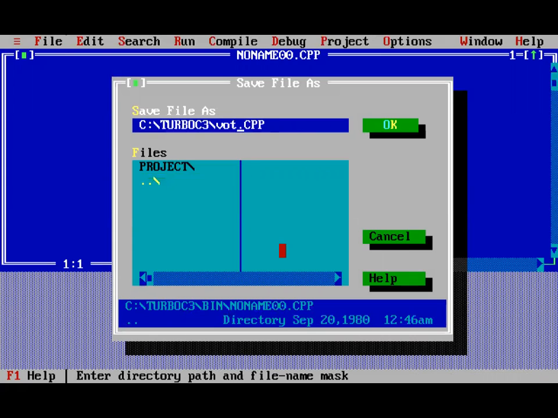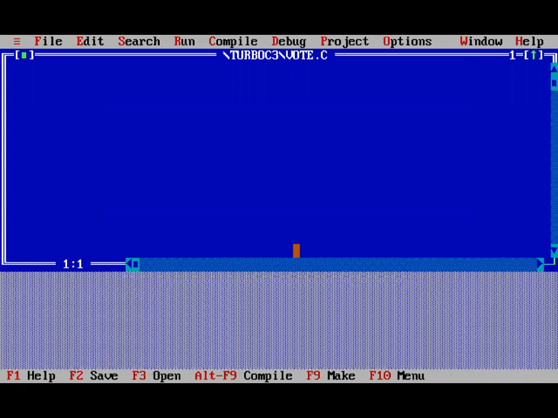So I give it a name as boat and extension is .cpp. .c, sorry.